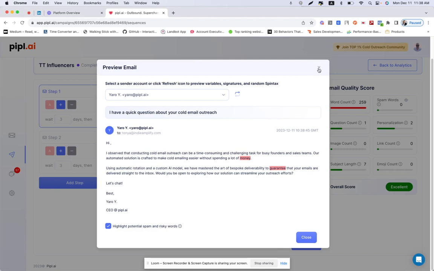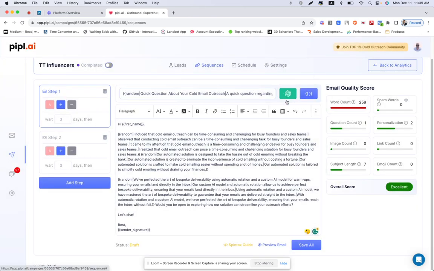so that you are not sending one boilerplate template every time. You can actually automatically change your copy without changing the meaning of the words to further improve your deliverability. Once you're done with editing and designing your entire campaign, you can then go to